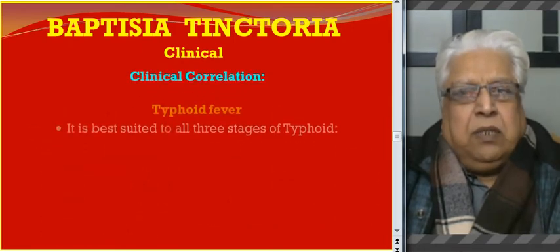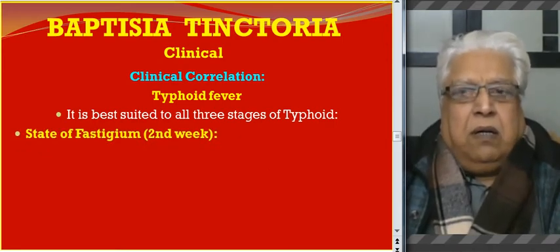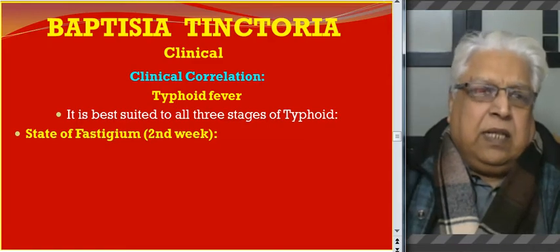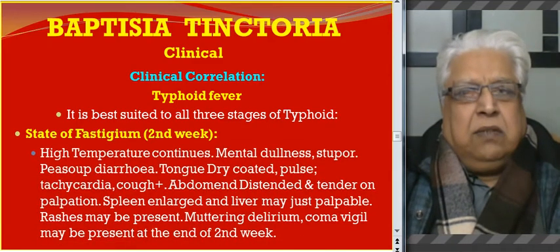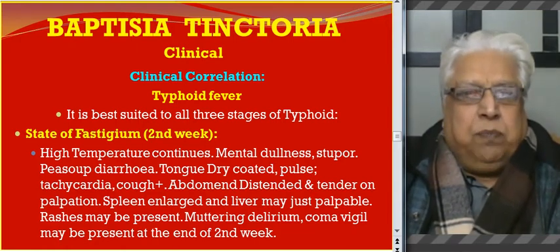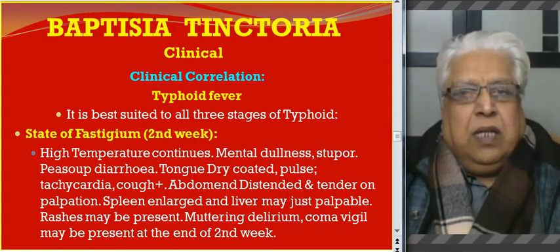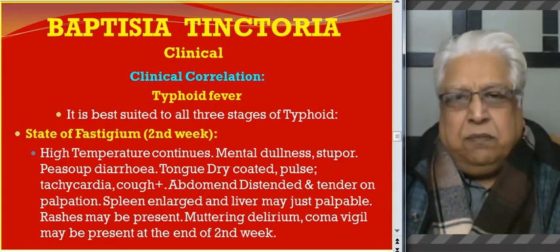We'll go to the second week of typhoid, known as the stage of fastigium. It is characterized by a high continuous type of temperature. The mind becomes dull, the patient is in stupor, and there is pea soup diarrhea, tongue dry and coated, pulse at a fast rate, meaning tachycardia. There is a cough, the abdomen becomes much more distended and tender on palpation, and the spleen and liver become